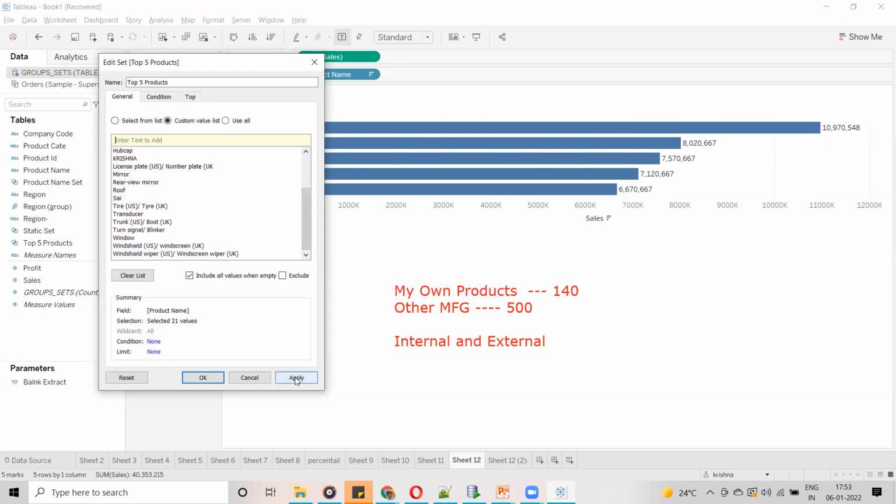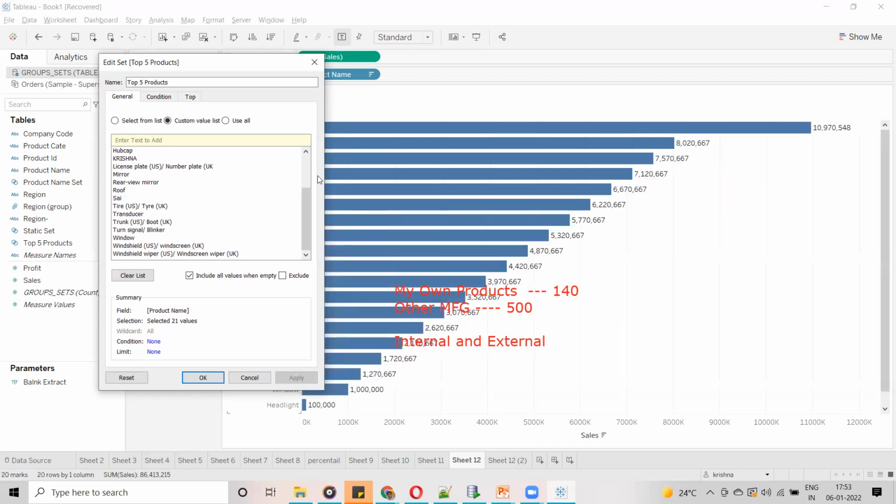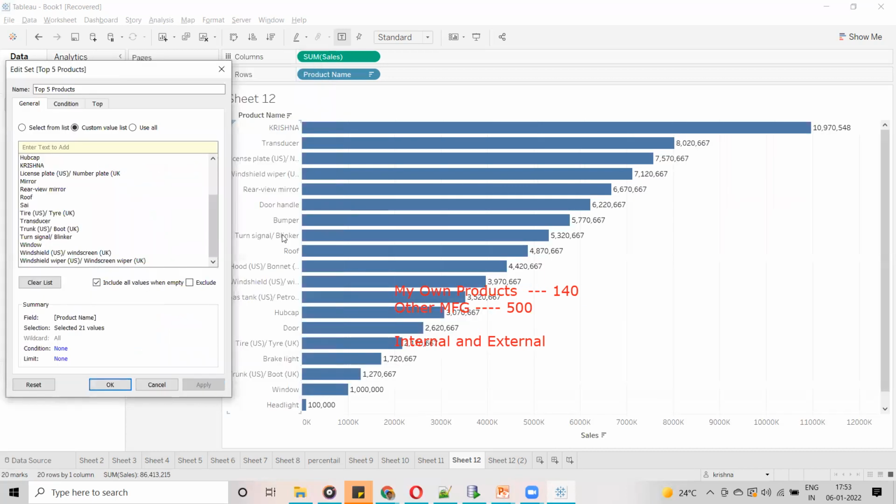Now if I click on apply, what is going to happen, guys? Is your report going to display Sai? No, it is not going to display, because from the database itself it is not included, right? On the database side itself it is not there. Even if we add it here, it is not going to display. So again, I am going to include one more name. Now you can see I have two names. Once I click on apply, it is not going to change because those names are not going to be added here.